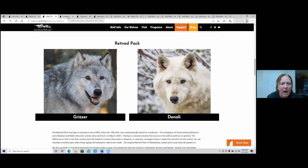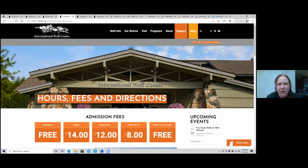So the other thing we have is our facility. And our facility is up in Ely, and that's where the ambassador wolves are. They have their enclosures there. This is the building, or the outside of the building. At the facility, we have, it